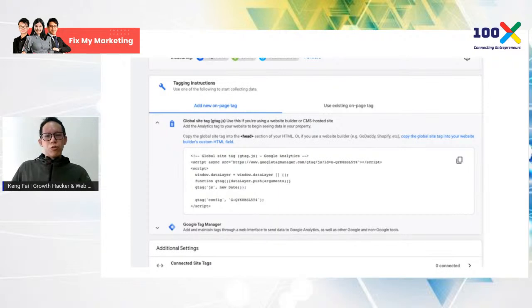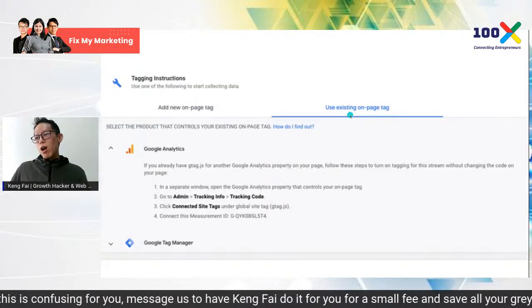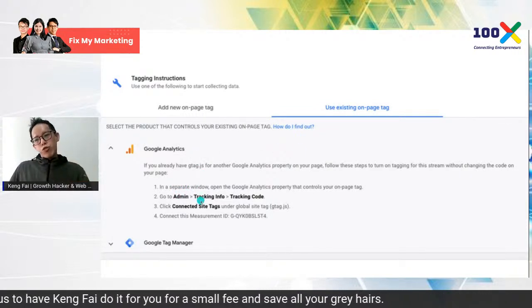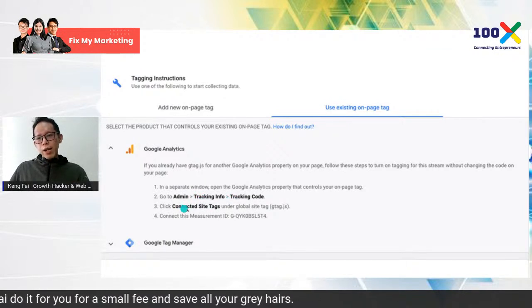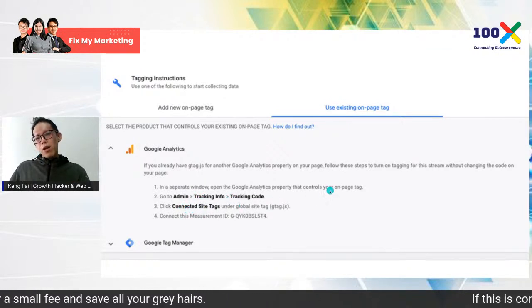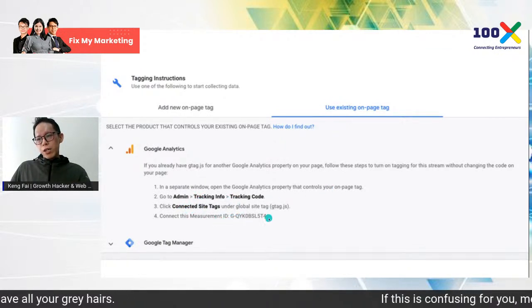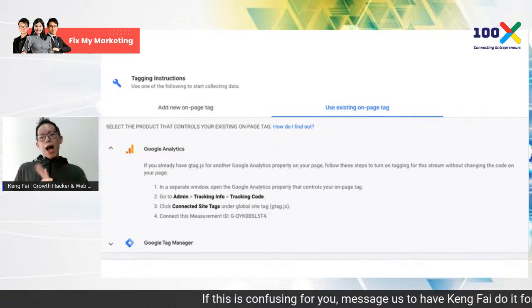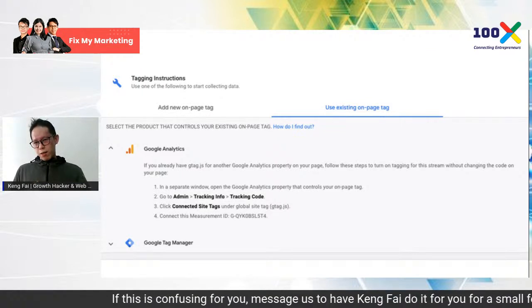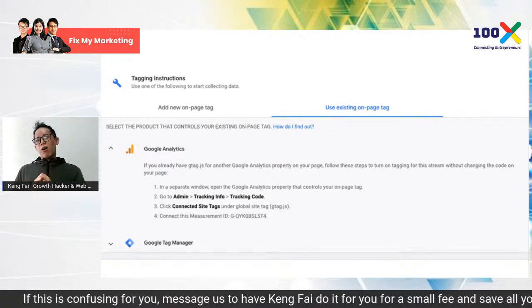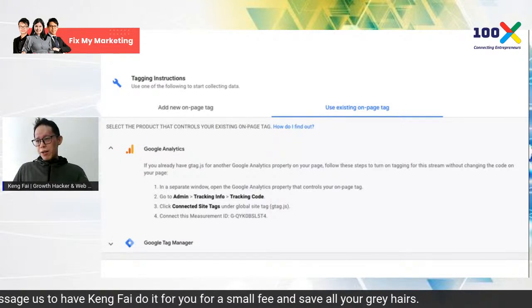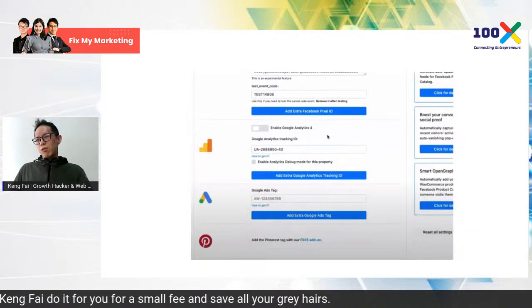And if you're using the existing on-page tag, once you click that, you just go through the admin, the same place, go to tracking info, tracking code, and click connected site tags. Put this ID into it, and that's it, done. And that is how you implement the new way on your Google Analytics 4. That is how simple it is.